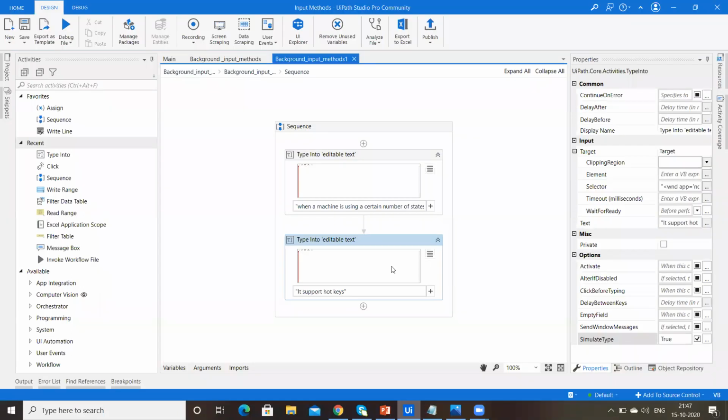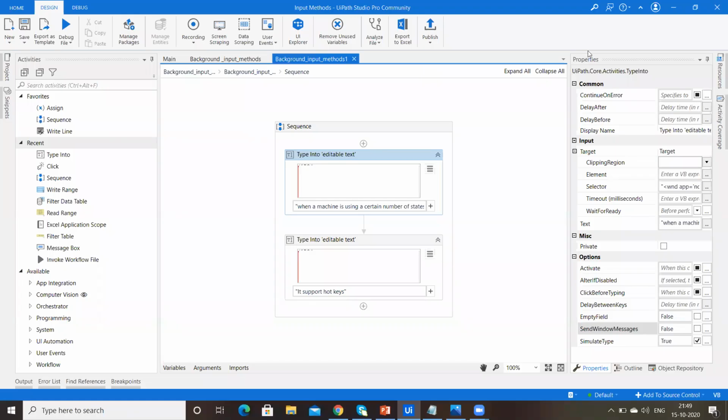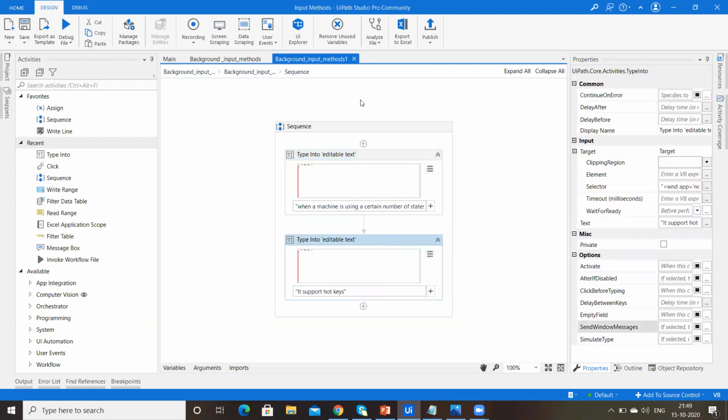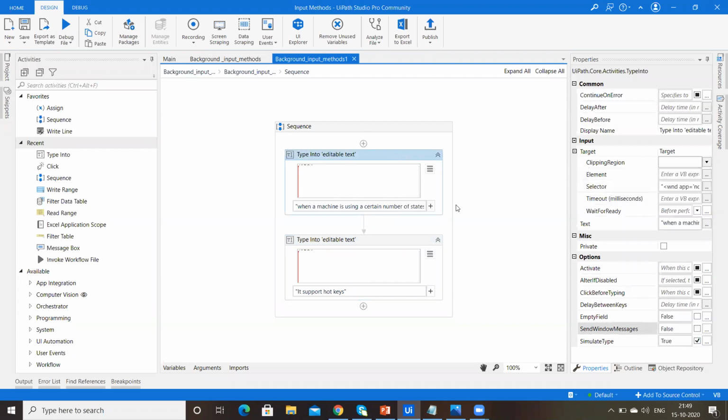Now we'll check whether it works on background execution or not. Here just uncheck this. Now we'll see whether it will support hotkeys or not. Here you need to select the simulate type.